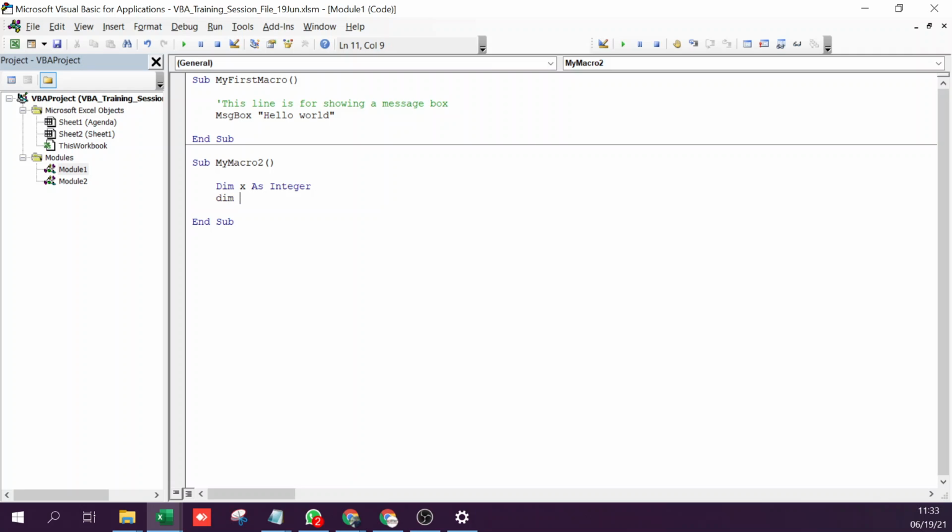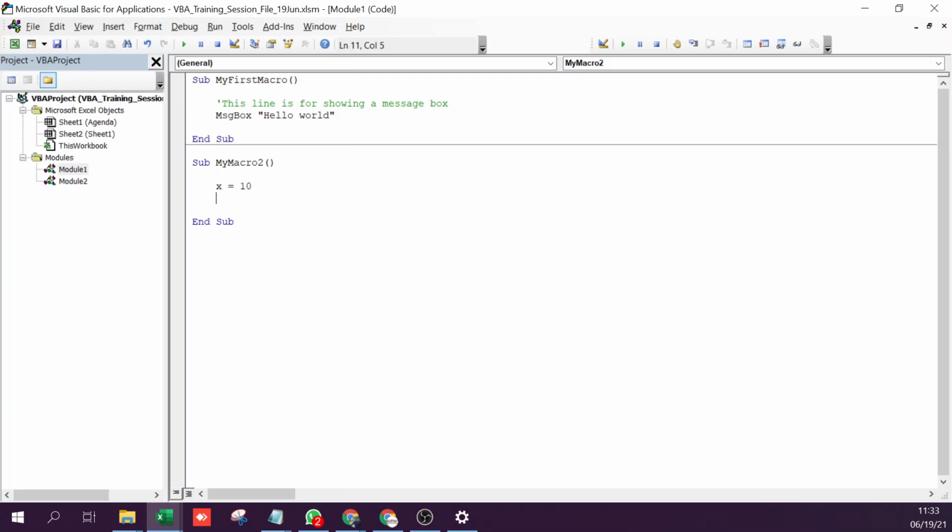And the name of the variable need not be one letter, it could be anything, it could be my name as well, right? This is totally optional, so you can completely ignore it, no problem. Excel, based on the value you assign to the variable, will automatically initialize it and give it a data type. So I will just use a variable, say x equals 10.